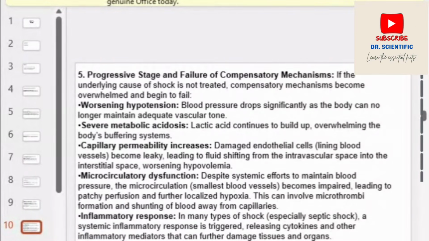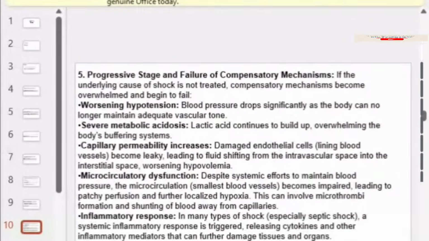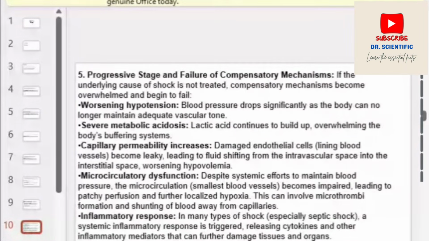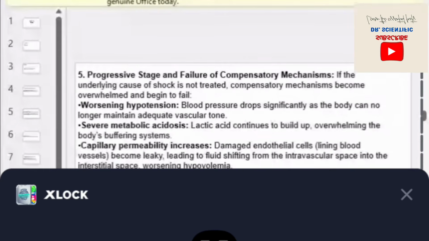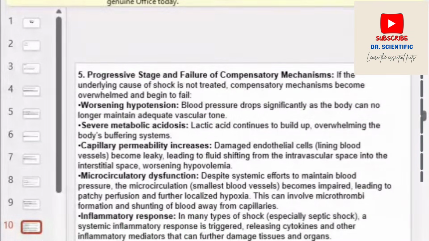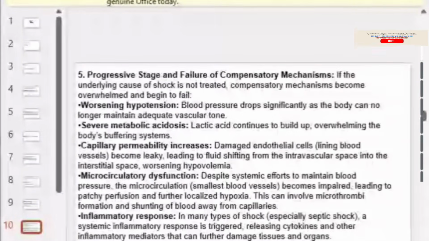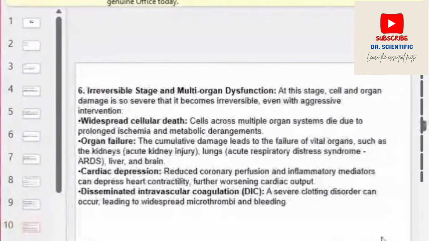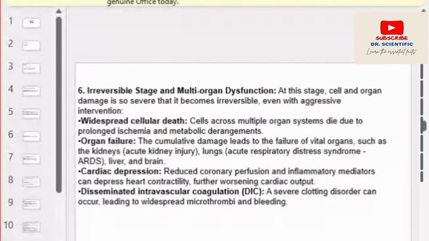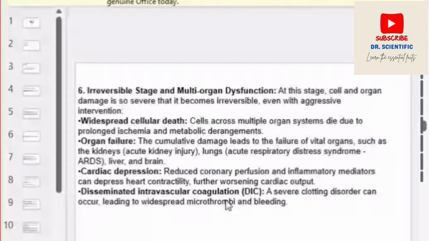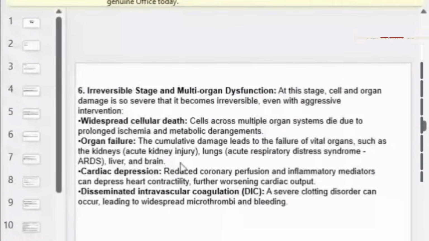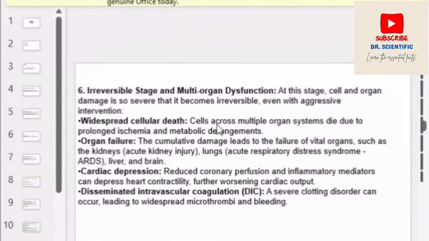It might also lead to cardiac depression. And also, it might lead to disseminated intravascular coagulation. And that stage is irreversible. After cellular death, the organs will start shutting down slowly because the compensatory mechanism could not